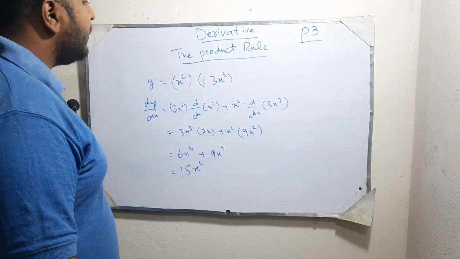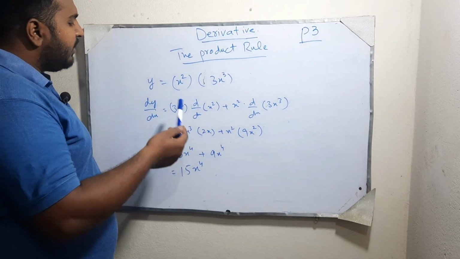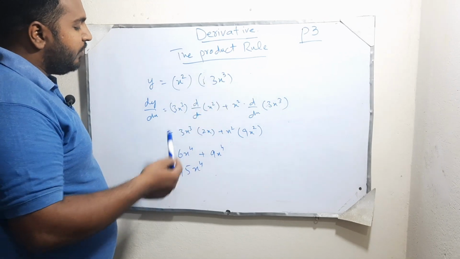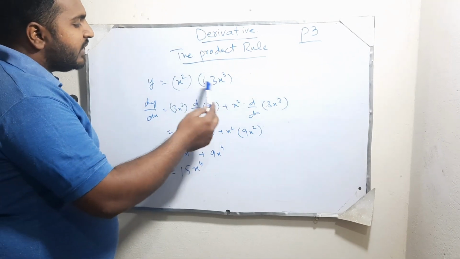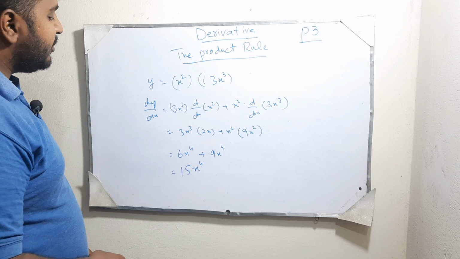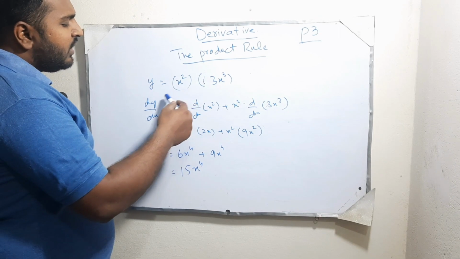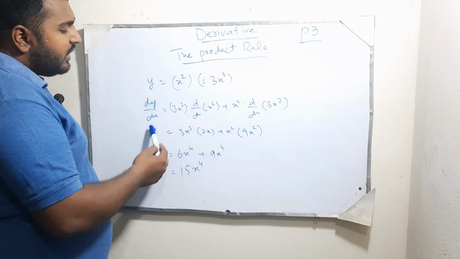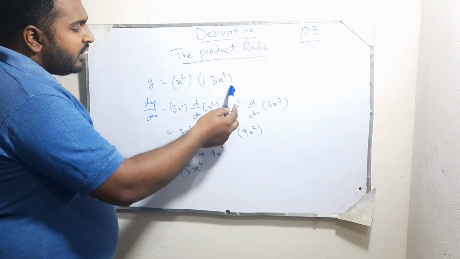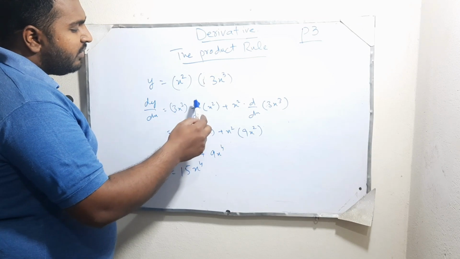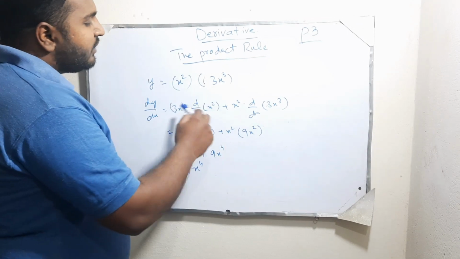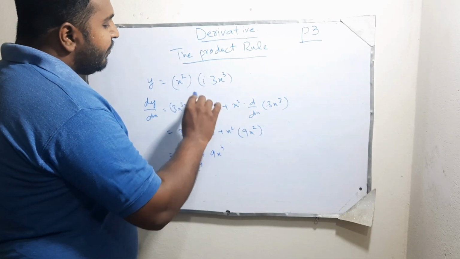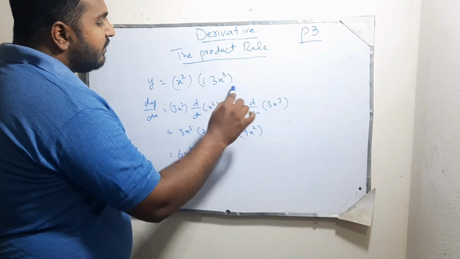We are talking about the product rule. Let we have an expression like this: y is equal to x square into 3x cube. Here two expressions are multiplying with each other. Now its derivative would turn out to be like this: dy over dx is equal to, second term will come as it is and derivative of first term, plus the first expression comes like x square, and we will take the derivative of the second function.